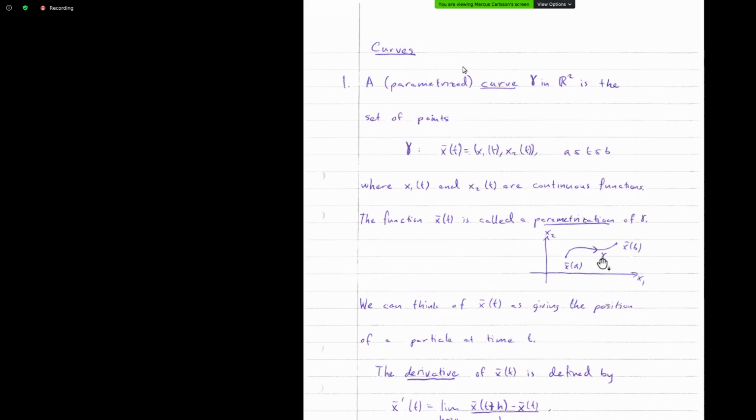So gamma is the collection of points, and x is a specific function that takes you through all of these points, right? And then we call it the parameterization. Now, of course, there are many